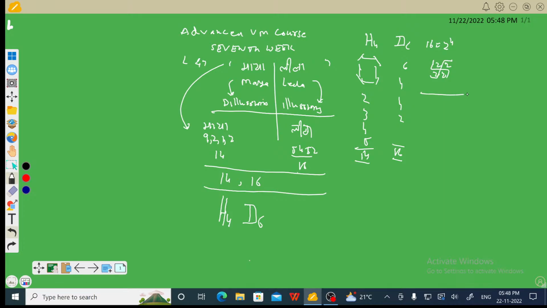Therefore, these two terms, Maya and Leela together, are 4 space within 4-dimensional frame, 4 spatial dimensional frames, and 14 and 16 together as 30 leads us to H8,